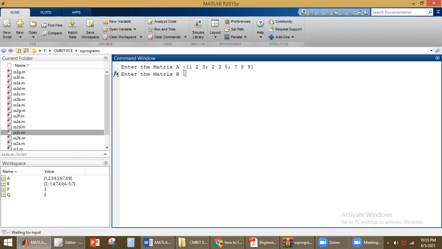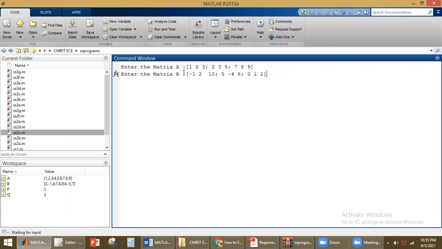Now it is asking for the elements of B. Here we can enter any value. Whenever you are entering elements, you should give a space to indicate that the next element is being entered. You can give any values here, negative, positive, with 0 or 1, any value.